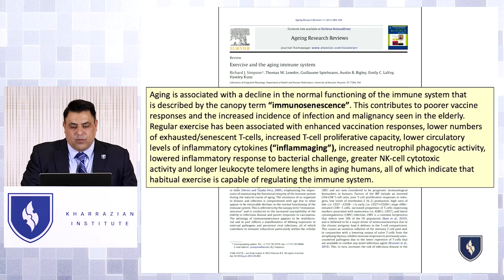This contributes to poorer vaccine responses and increased incidence of infection and malignancy seen in the elderly. Regular exercise has been associated with enhanced vaccination responses, lower numbers of exhausted senescent T cells, increased T cell proliferative capacity, lower secretory levels of inflammatory cytokines (inflammaging), increased neutrophil phagocytic activity, lowered inflammatory response to bacterial challenges, NK cell cytotoxicity activity, and longer leukocyte telomere lengths in aging humans, all of which indicate that habitual exercise is capable of regulating